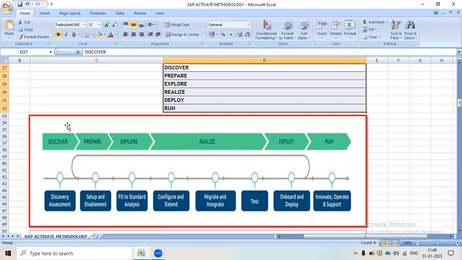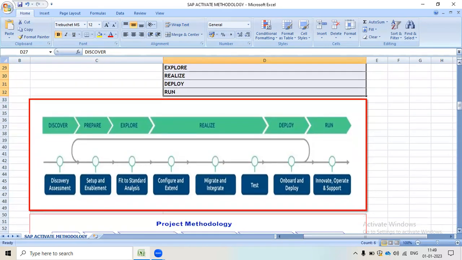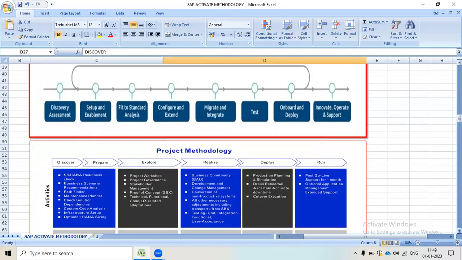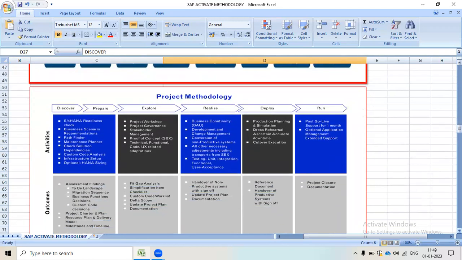In the discover phase what will you do, in the prepare phase what will we do, and in explore, realize, deploy and run, in which phase which activity will happen, we will explain in detail. Now this is the clear picture related to this methodology.